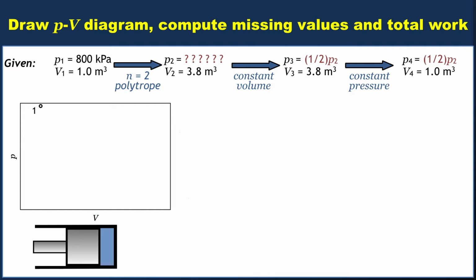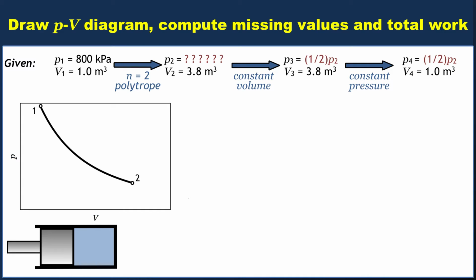PV to the n is a constant for a polytropic process. If V increases, P has to decrease. There was a reason I put 0.1 way up there in the upper left. 0.2 is going to be down on the lower right. And as that happens, the piston has to expand, right? Because the gas cylinder has gotten larger, it now occupies a larger volume. Good link between the physical process and the thing that we're drawing on the PV diagram.